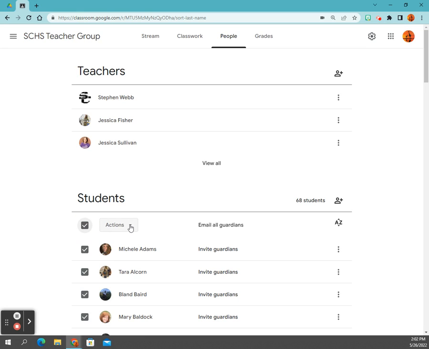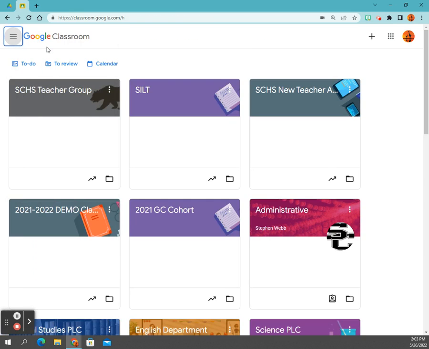So if it is a class that I'm going to go through and reuse, you're going to click this button to select those students, and then I'm going to remove them. So that's one thing that you could do if you aren't going to archive that particular class. And again, our whole focus with this is just cleaning up those classrooms and making sure that they're ready to go. I'm going to jump over to my Google Drive for a minute